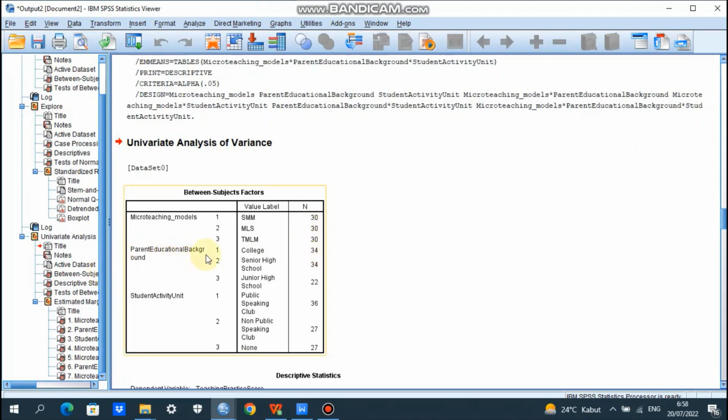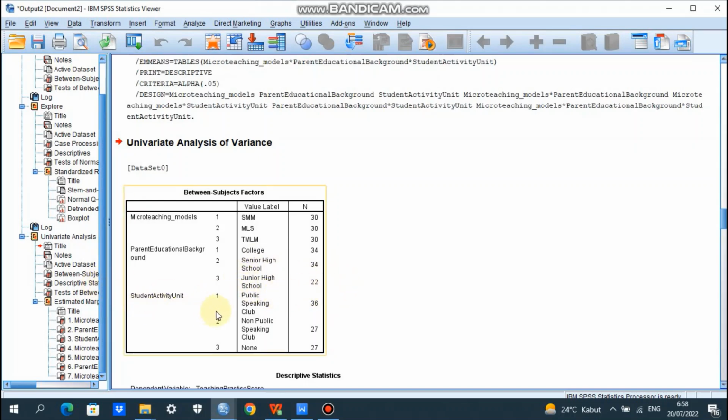Parent educational background, number 1 college: teacher students who have parents with a college background, there are 34 students. Senior high school, 34, and junior high school, 22.